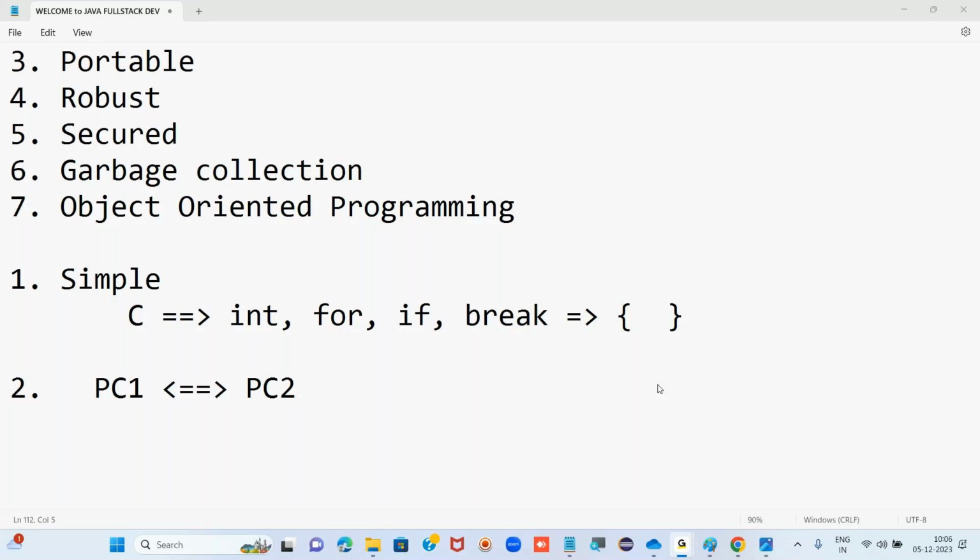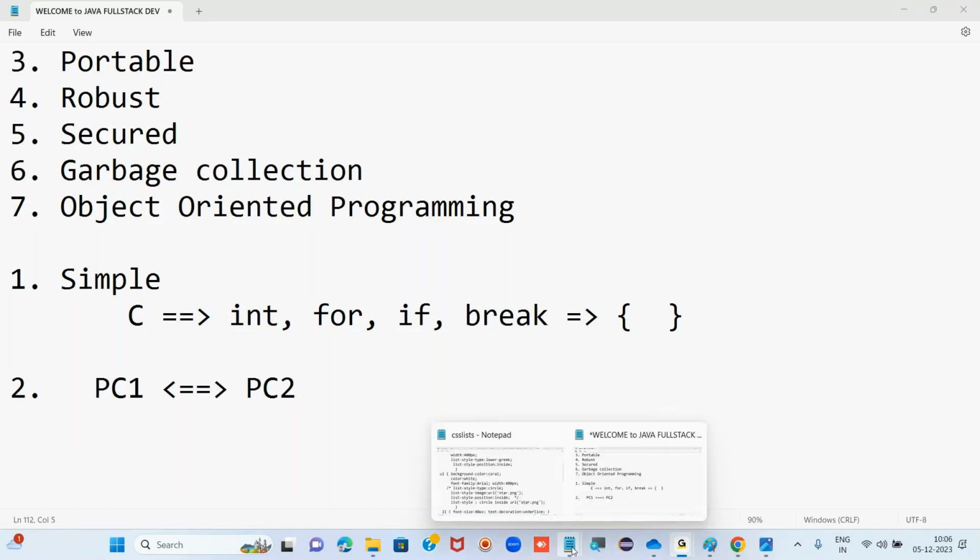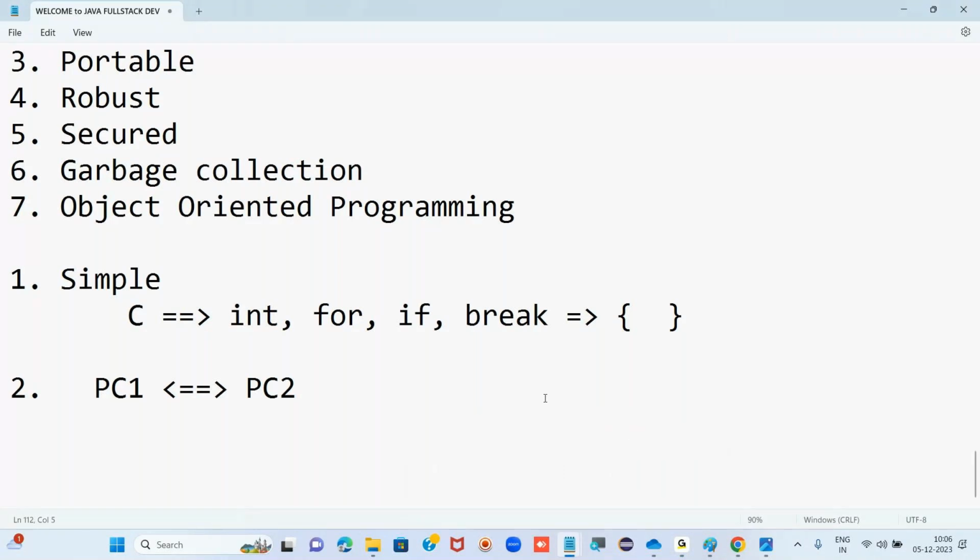So why is Java actually platform independent? People say Java is platform independent, but exactly why it has that nature, I will tell you, guys. This is very important, try to understand. Assume you created one program and saved it with a name like program1.c. Dot C means whatever code you write in a file and save with .c is a C program. And the moment you compile that,